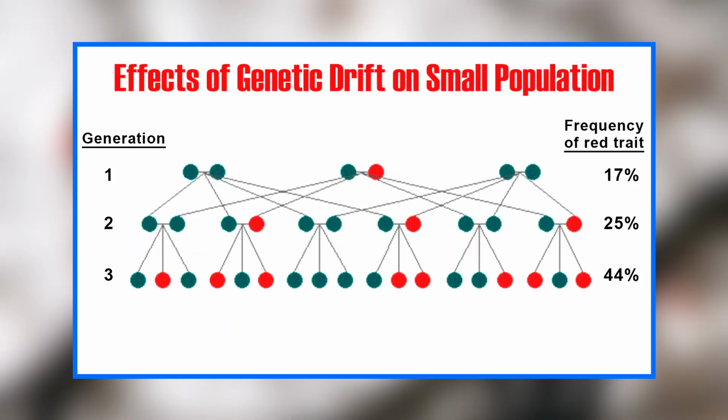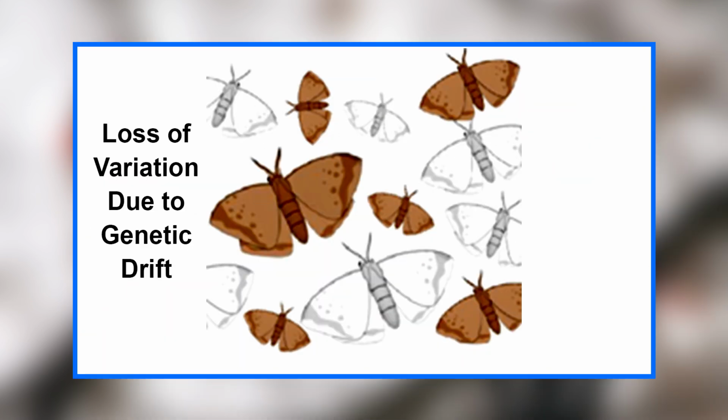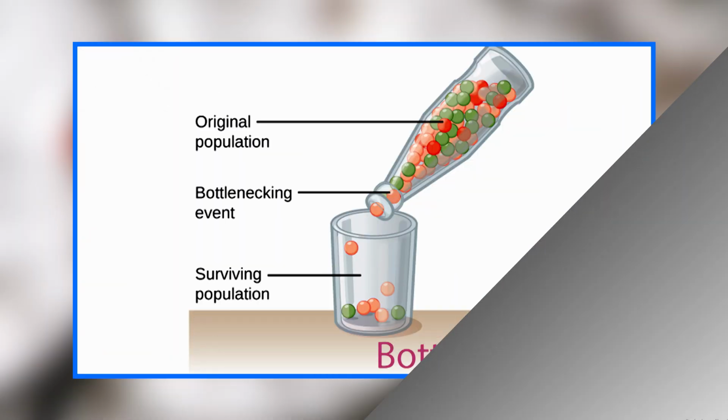The effects of genetic drift are more significant in small populations. Genetic drift can lead to the loss of genetic variations within the population and therefore can cause harmful alleles to become fixed. Genetic drift can have major effects when a population is sharply reduced in size by a natural disaster,